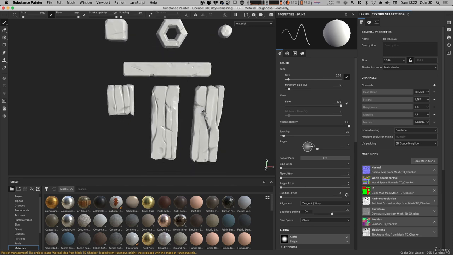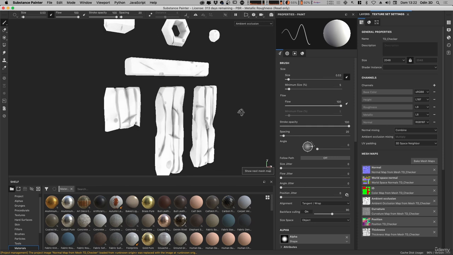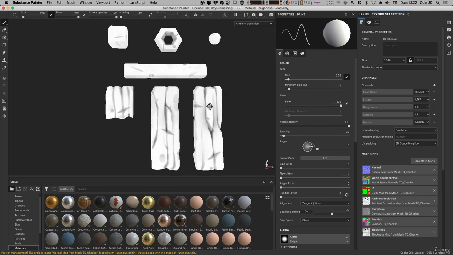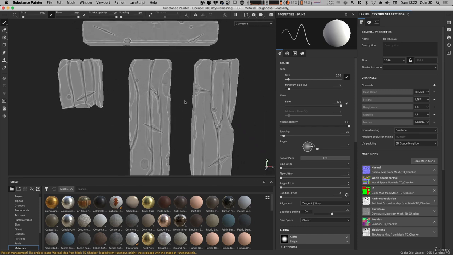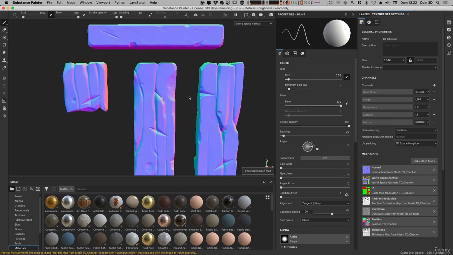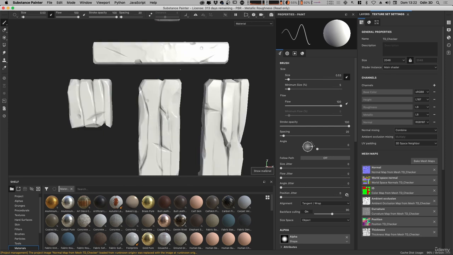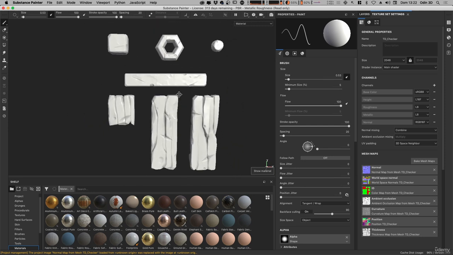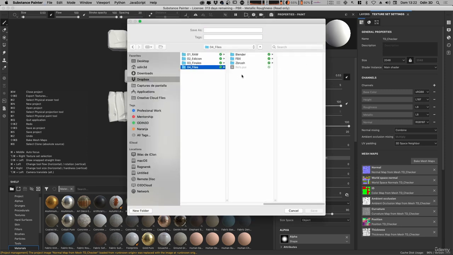Okay, so once we have everything, as you can see, the aspect has changed a lot. We can hit B, checking there the bakes, that everything has come out correctly. The curvature is now quite good. Position, thickness, normals, workspace normal, the IDs. Into the M, the material. Perfect. Then we are going to save our file, Ctrl+S, go to